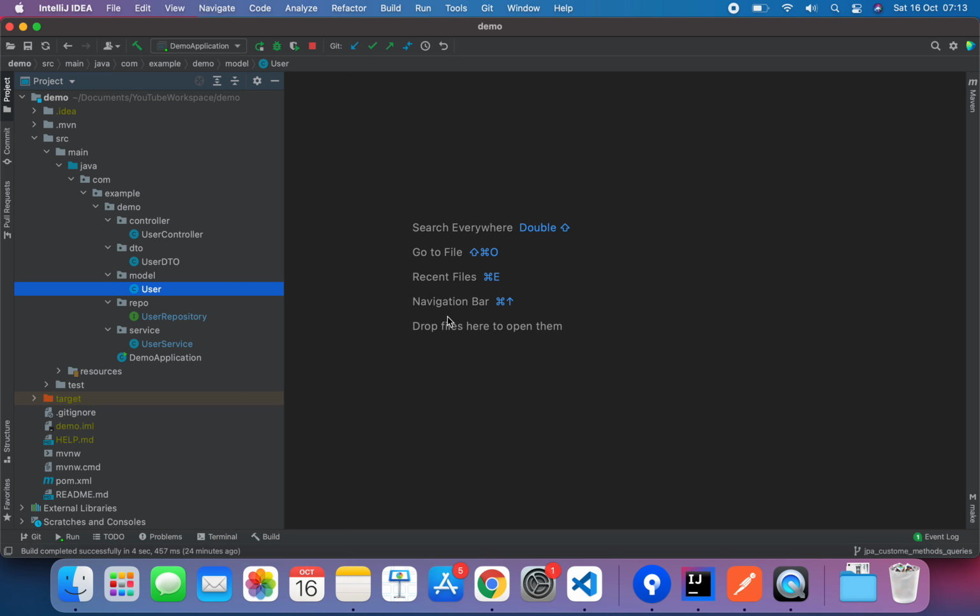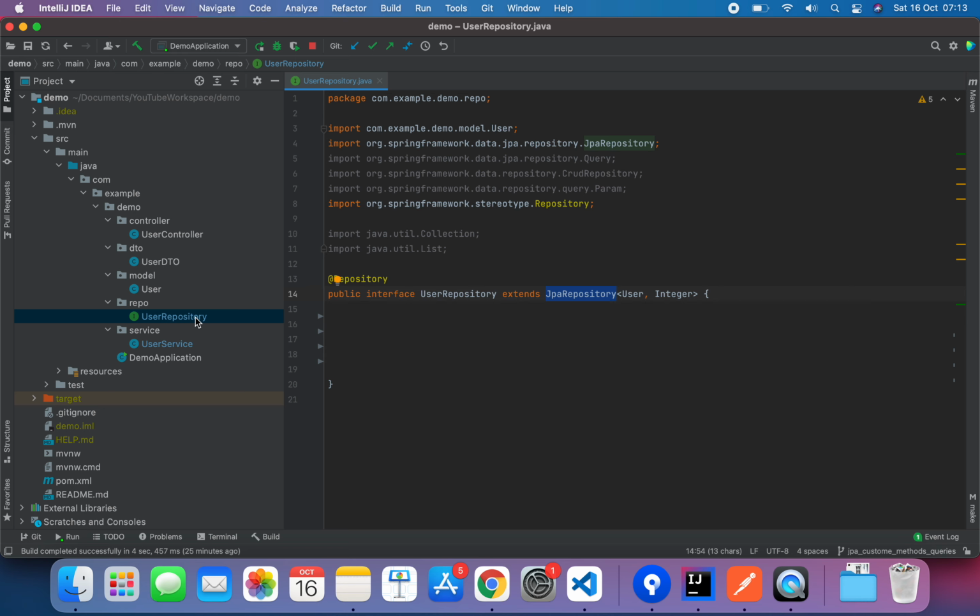Today I'm planning to show how we are going to use the repository layer with some custom methods and queries. From my previous video, what we had was a few controllers and a few service methods, and in the repository we didn't have any method. So what we were basically using was everything that comes bundled with the JPA repository, or maybe even the CRUD